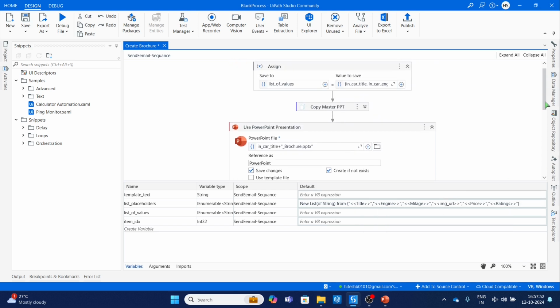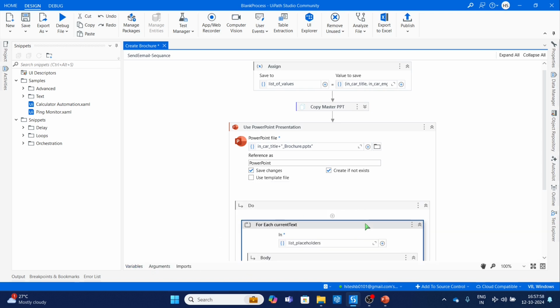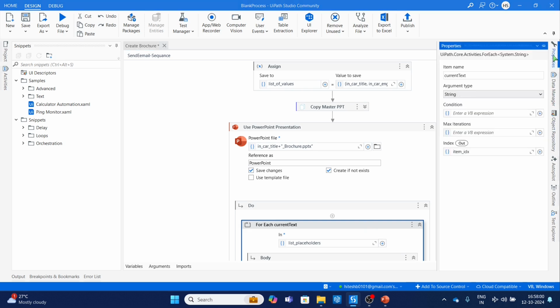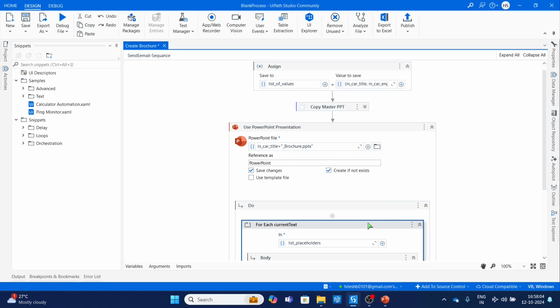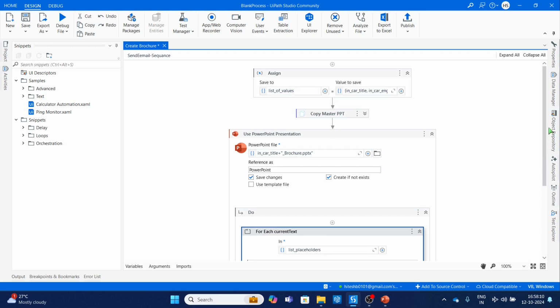Now when it runs, 0, 1, 2, 3, 4, these indexes will come, and we have taken the index in the loop. If you click on this and go to properties, we have taken the index output in a variable, and that variable we are using. You will get more reference if you have seen the last video. Now the same sequence should be here: car title, engine, power, car mileage, price,